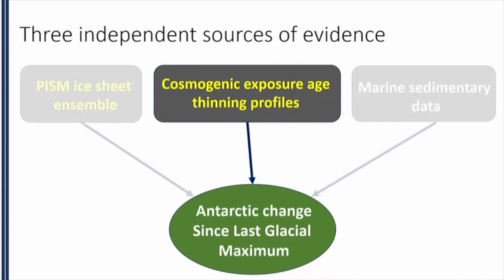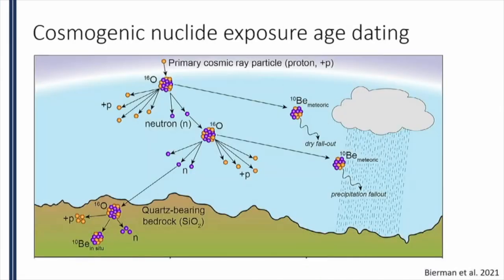So that brings us to the second part of this, three sources of evidence: cosmogenic nuclide exposure ages. So what are cosmogenic nuclides and how do they help us tell this story? Earth is being bombarded at all times by energetic particles from the sun and other stars. Those particles interact with our atmosphere, and when the products of that interaction hit